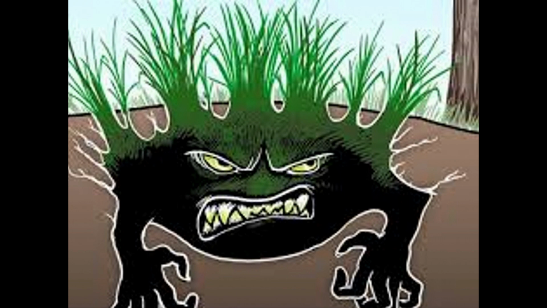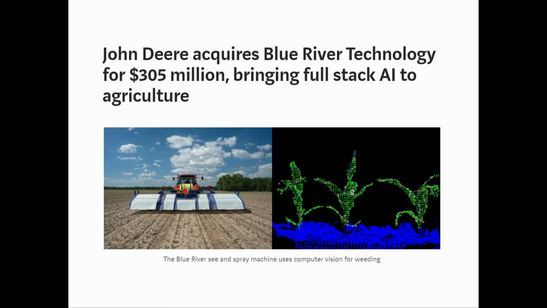Normally the technology didn't allow you to target properly. What this new technology of Blue River does is allow you to specifically target the weeds and use the herbicides specifically for those weeds. It means I won't contaminate the plant, and I won't kill the plant too. It's very important because it helps specifically to work with organic farming, which we are very intensive on today, and we want to move towards organic farming in many cases. Now I won't contaminate them because I will be able to target with this specific technology developed by Blue River, which John Deere has captured. They paid $305 million for this enterprise. Luckily, it's of an uncle of mine, so it's great.